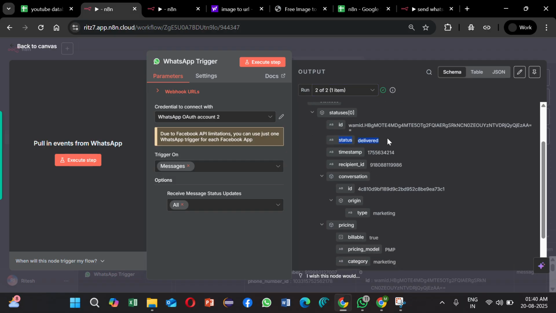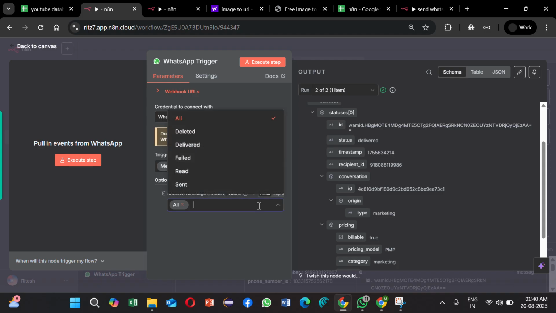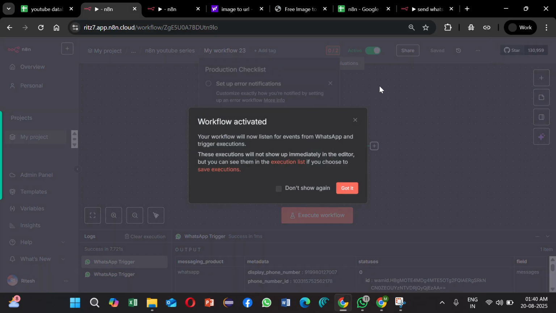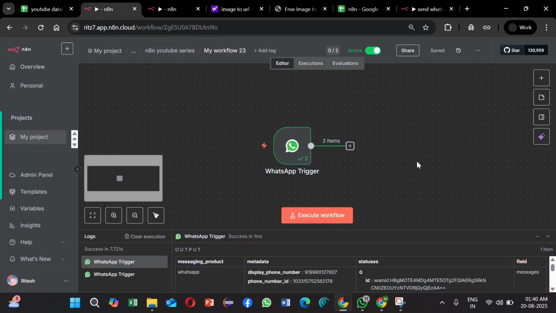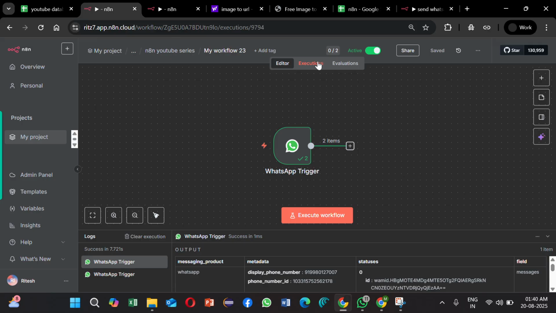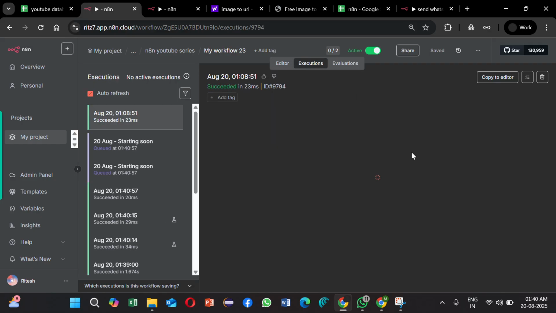That means the message has been delivered to the recipient, and we will also get the status read and even the responses, right? So let's make this active, save, got it, and then let's send the template, and we'll come back here, go to executions, and